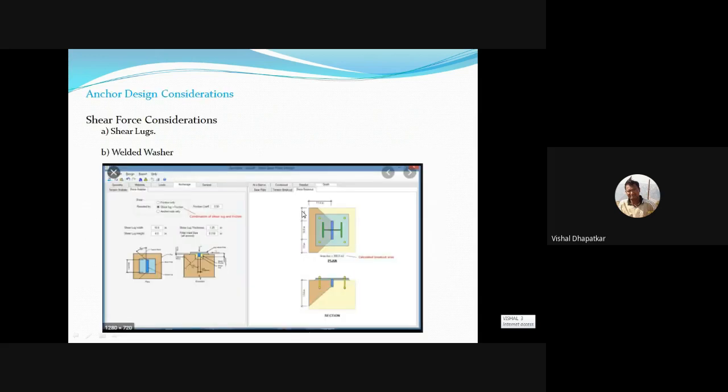Okay, so now about design of the anchor bolts. Anchor bolts are designed for two forces. One is for the tension and other is for the shear. Anchor bolts are never designed for the compression. Right? Just keep in mind, whenever there is a compression in the column, that compression will be passed through the